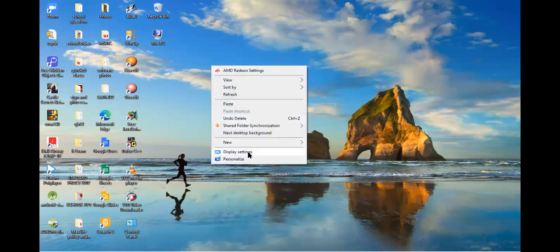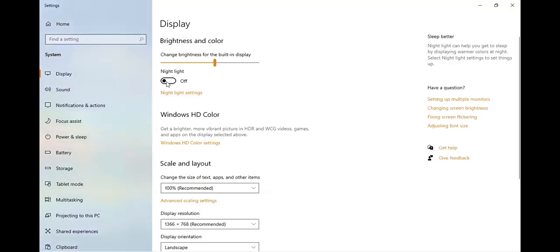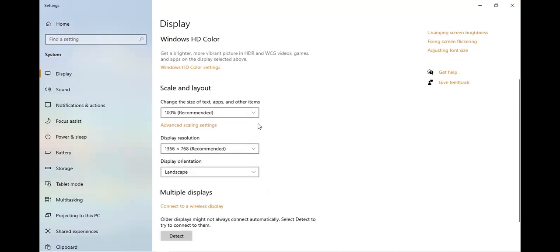Last, you can even change the display settings of your display. I will give one example and then stop. If I want to change the brightness, you can change the brightness. If I want to change the screen resolution, I can change it like this.